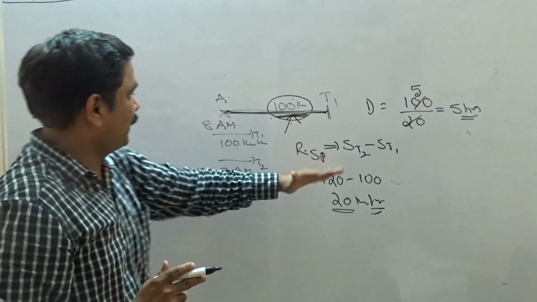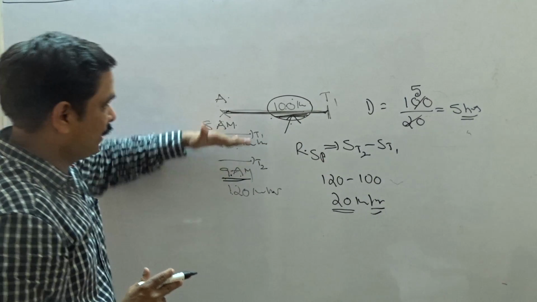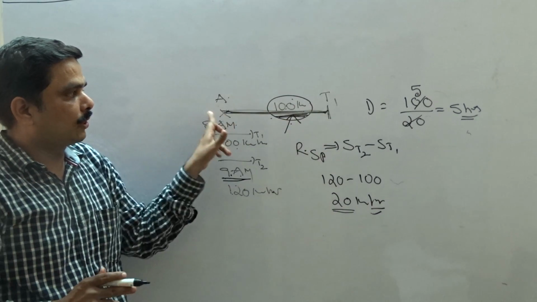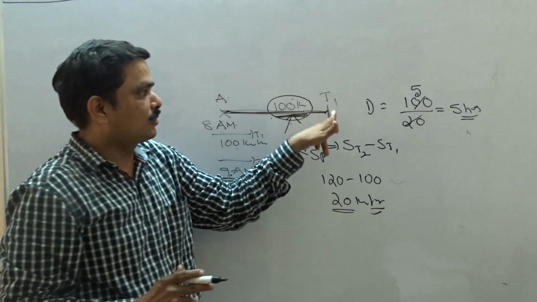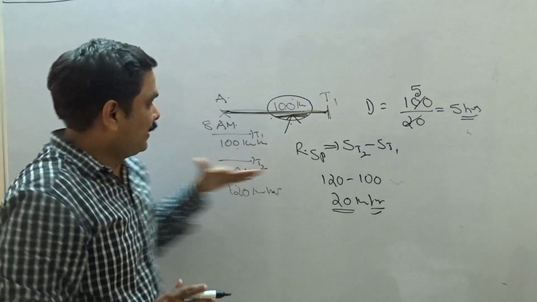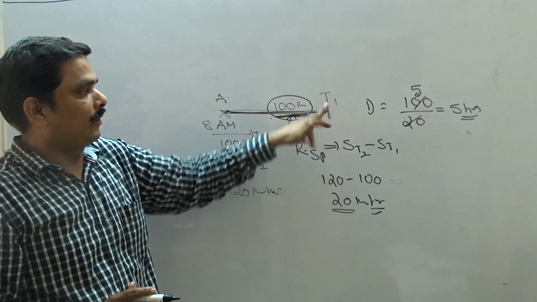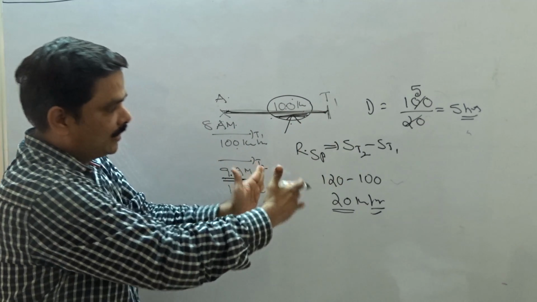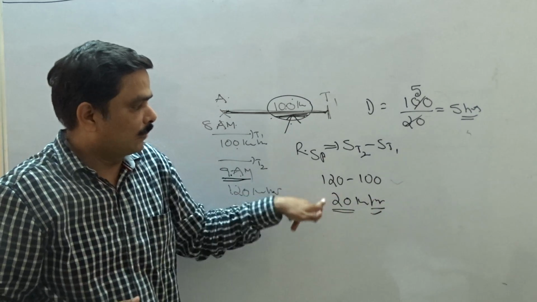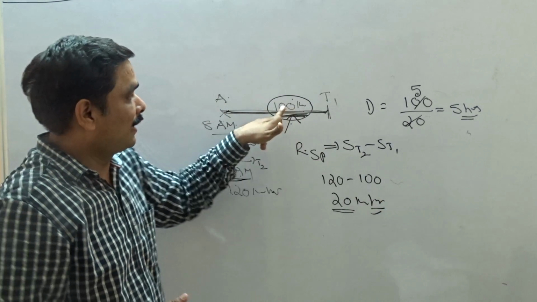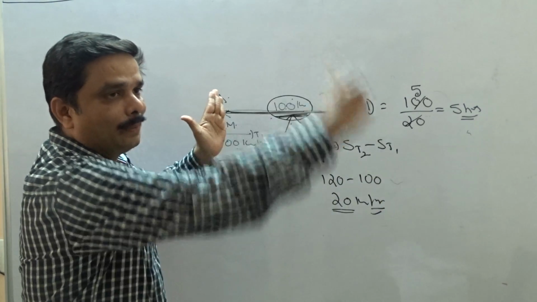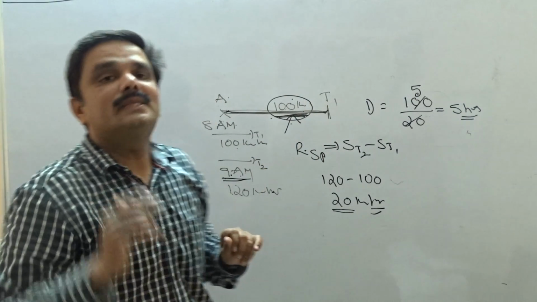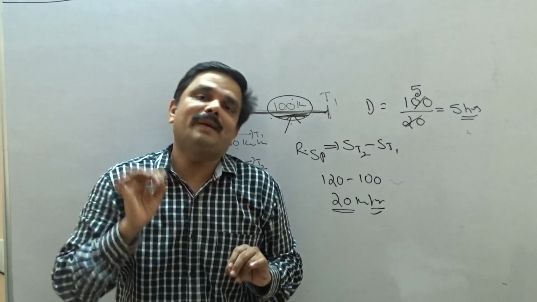Alright, the first train's speed is 100 kilometers per hour, the second is 120, and the time gap is 1 hour. In 1 hour, 100 kilometers are already covered. Train 1 has not stopped; it is moving. When train 2 started, following train 1, in 1 hour the distance between these two is reduced by 20 kilometers. And this 100 is called the lead distance. It will be carried forward, and this way we need to complete the question. This is the concept of relative speed.